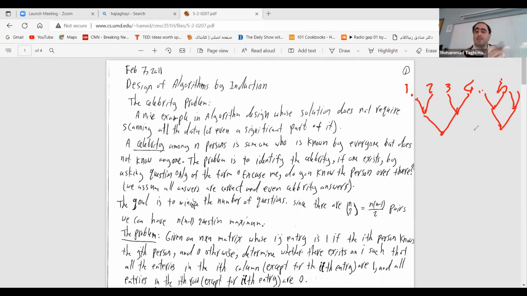So the question is, what is the best bound? That's the interesting thing. You can think more about it. Can we do even better than that? I think here we say 3n minus log n, but can we do anything better than that? So that is something assigned that you can think about.